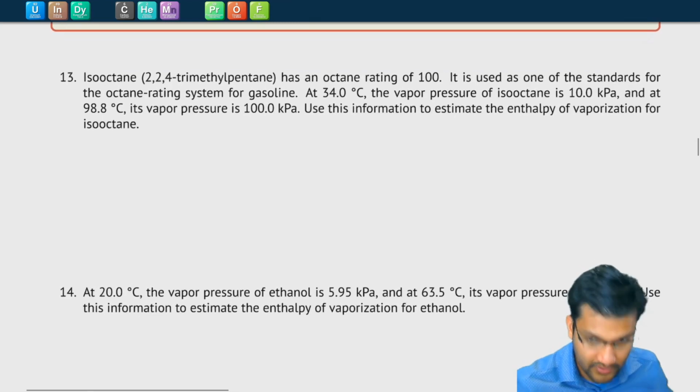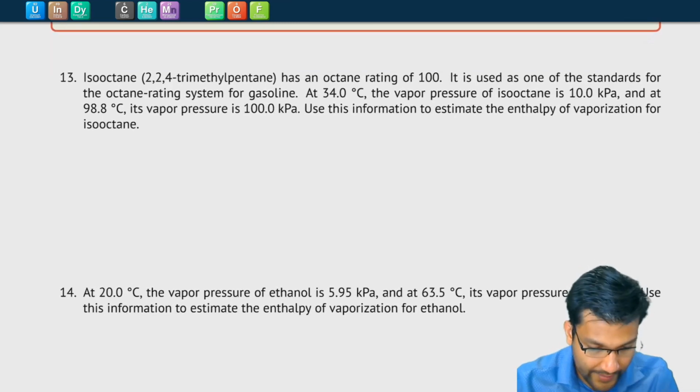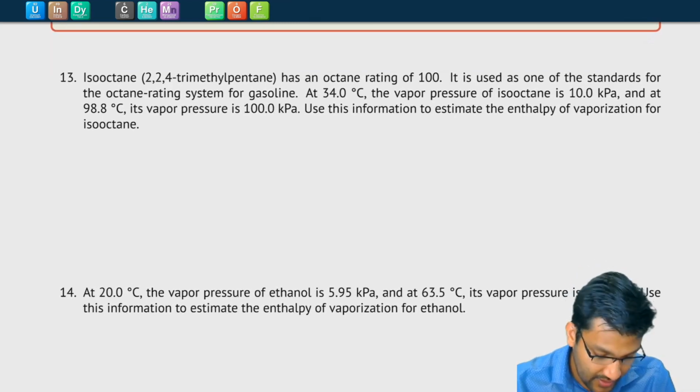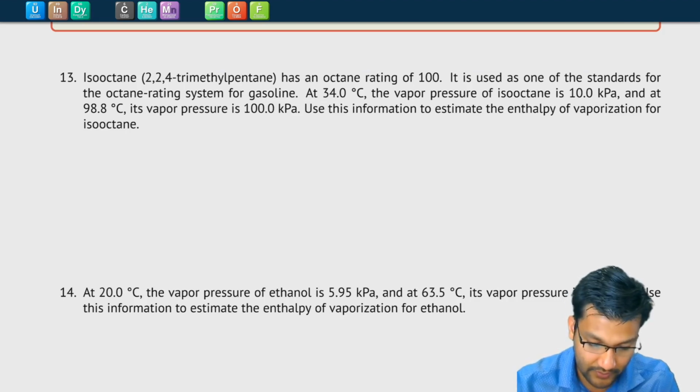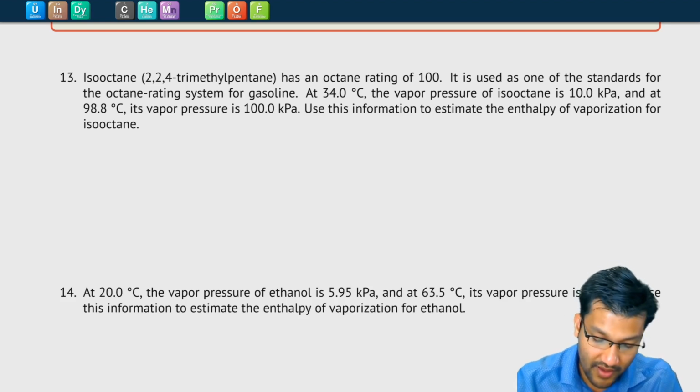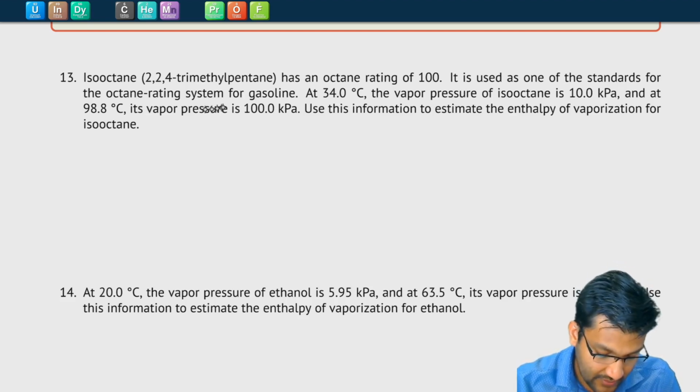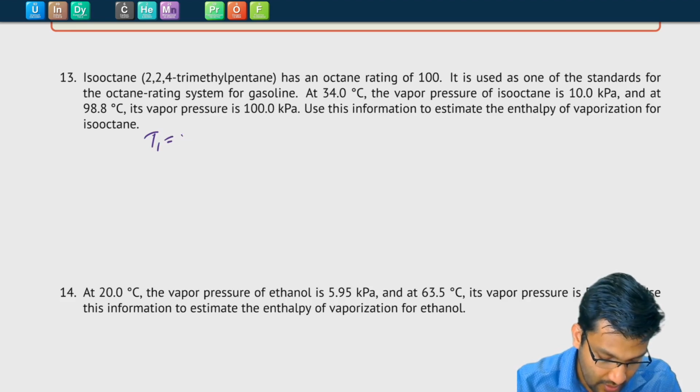And there's a few more that you can pause and do by yourself. So let's start with number 13. Number 13, we have isooctane, which has an octane rating of 100. Again, that part is irrelevant to the question, it's just giving you some information. It's a standard for the octane rating system for gasoline. At 34.0 degrees Celsius, it gives us the vapor pressure. So we'll call that temperature T1,